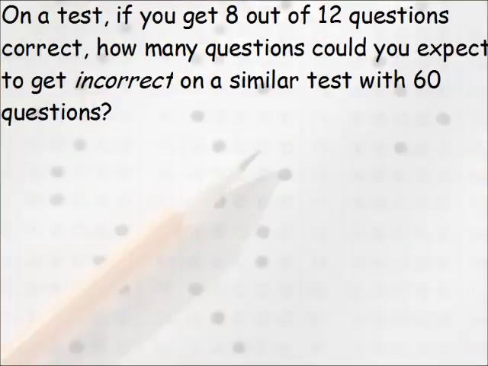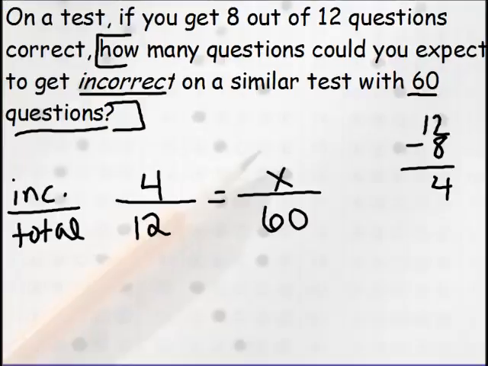On a test, if you get 8 out of 12 questions correct, how many questions could you expect to get incorrect on a similar test with 60 questions? See if you can set this one up and solve for the right answer. Pause the video and then see how you did. Okay, you're trying to find out how many you could expect to get incorrect on a test that has 60 questions. If it is similar to a test that you got 8 out of 12 questions